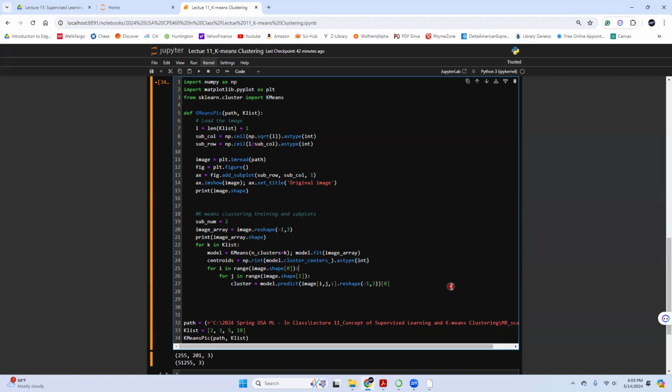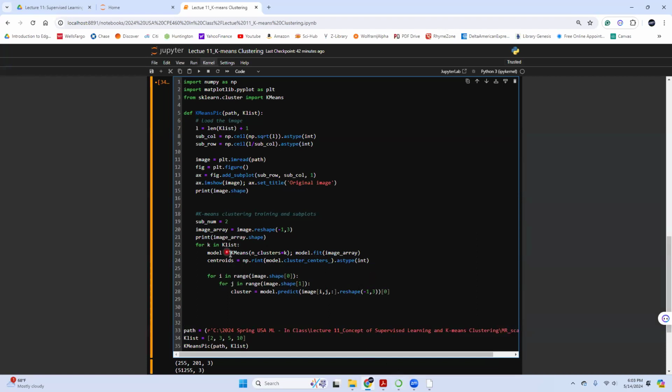Otherwise, it may be wrong again. So now I have calculated the centroids. I have the cluster prediction, and then I need to regenerate another matrix here. I can call it, let's say, image_clustered.